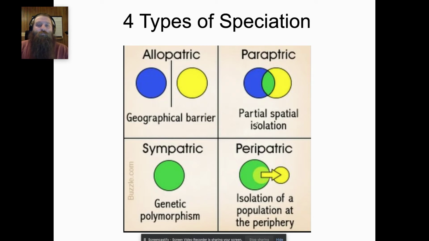We're not going to look at that one closely, but basically there's some kind of isolating event that separates the spaces where organisms are active. There's sympatric speciation, where there is some kind of genetic change, a polymorphism, so many mutations or many changes that changes the genes of a species. And there's peripatric speciation, which is where the periphery of a species, the edge of a species, undergoes some isolation